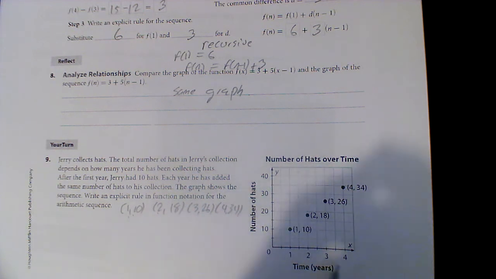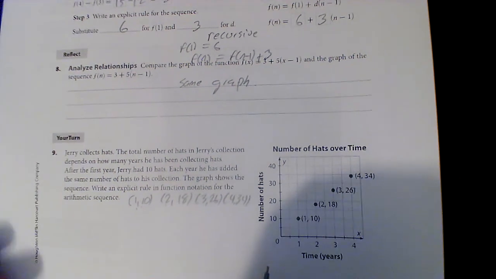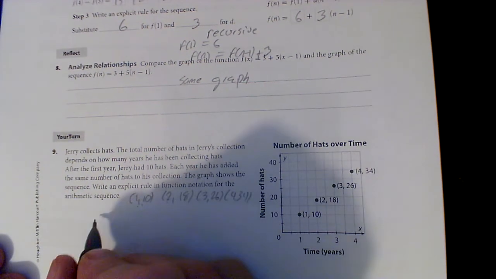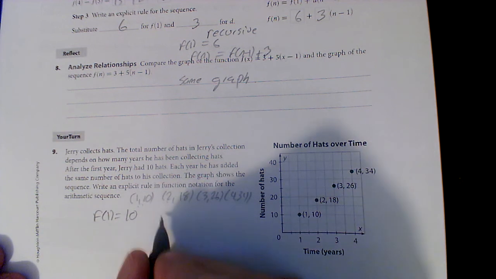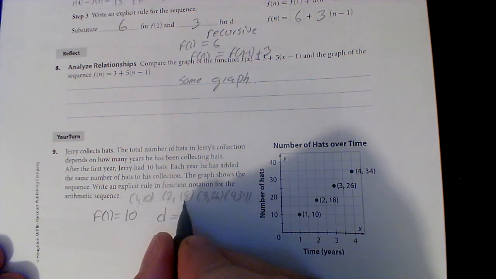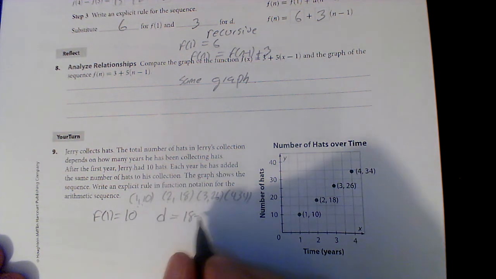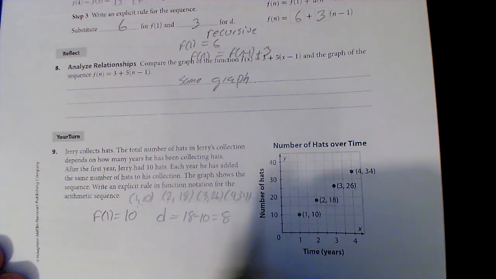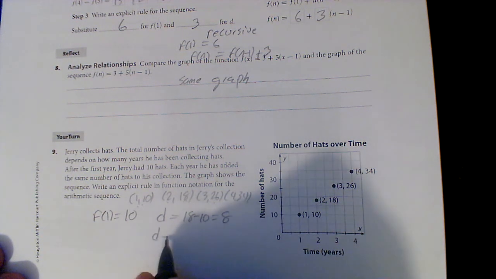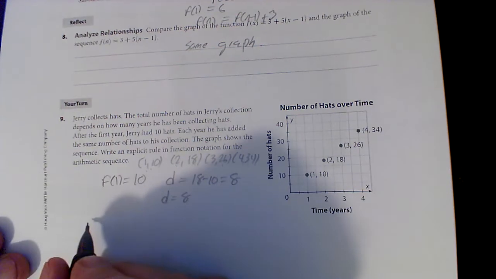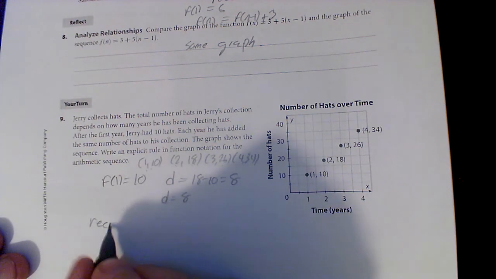The graph shows that sequence, so we need to write an explicit rule in function notation for the arithmetic sequence. So we're going to say, let's find out all our information. F1 equals 10, and our difference is any output minus the previous. So maybe 18 minus 10 is 8. But again, I could do 26 minus 18 or 34 minus 26. So I'll get a difference of 8. Even though it only asks for explicit, we're going to do both. We're going to do recursive